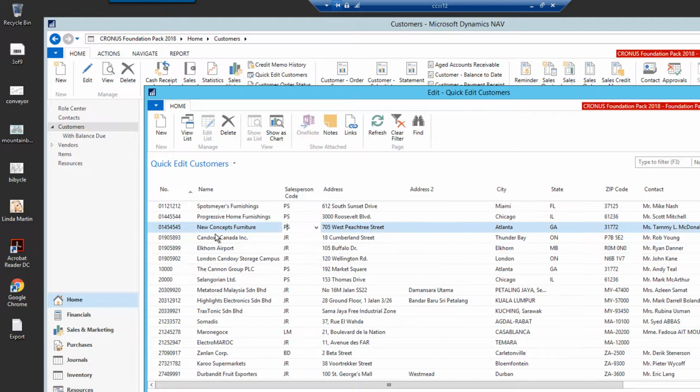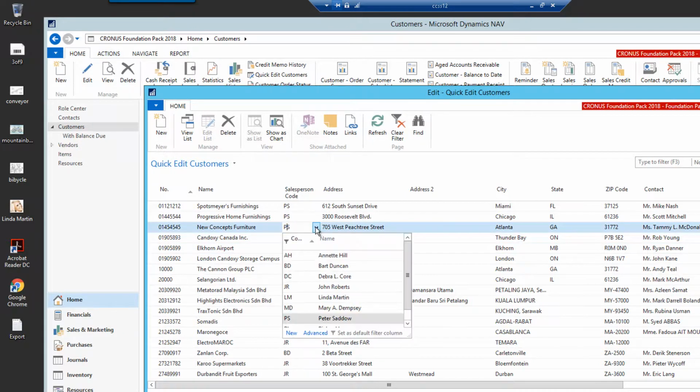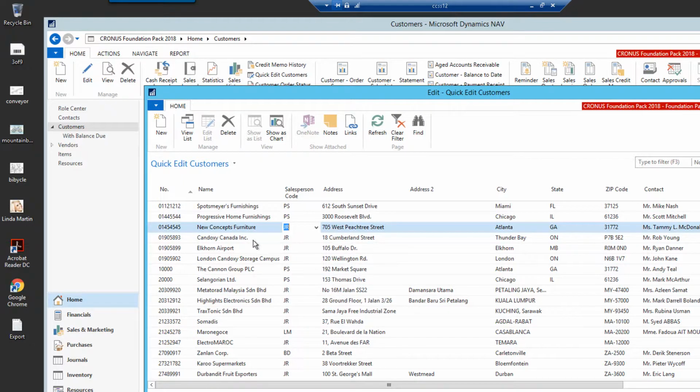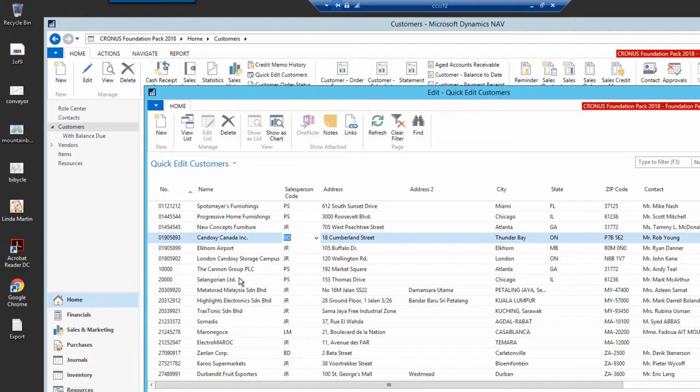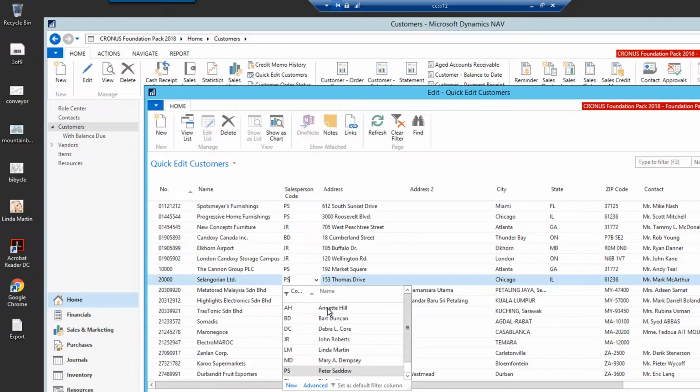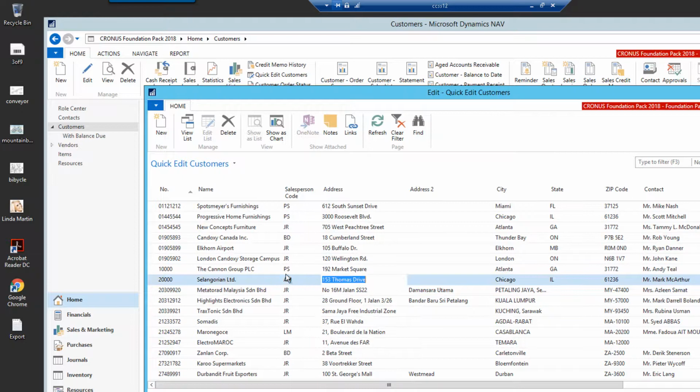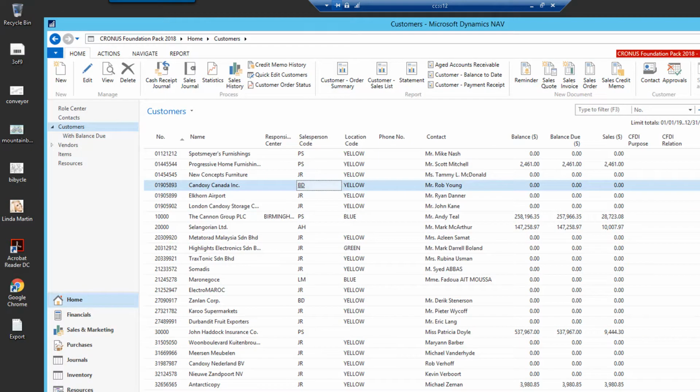Okay, so I'm going to come in here on New Concept Furniture. It was assigned to PS, Peter Sato. Let's change this to John Roberts. So just that quickly, let's come down to the next customer, and I'm going to change this one to Bart, and I'm going to come down here to Seligorian, and I'm going to change this one to Annette Hill. All right, so I've made 3 quick changes here. I hit OK, and as soon as I hit refresh,